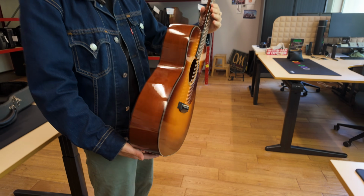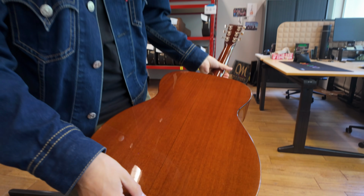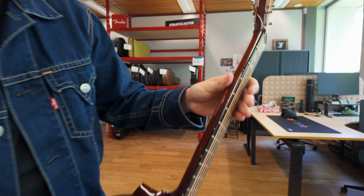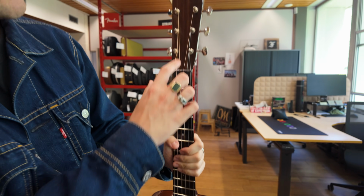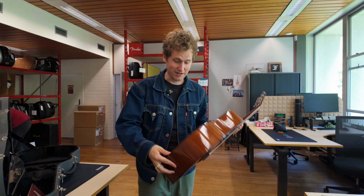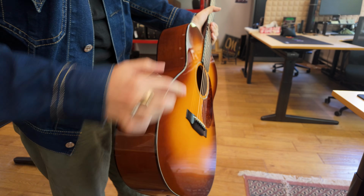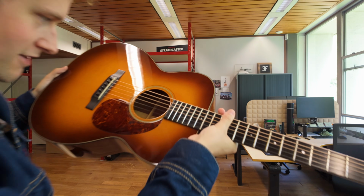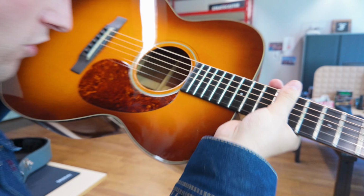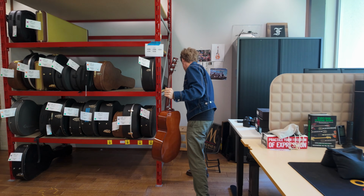Nice and wide neck, which you also feel on the 1930s Martins. Mahogany back and sides, of course. It's a really comfortable feeling C-shaped neck and nice and wide. I love the fact that there's no logo on the headstock. Laura pointed out that it looks like a Collings as well, and I think I agree with that. Really a beautiful guitar. Nice tortoise binding. Bagnasco and Casati, that looks really cool, like it's burned in the wood. Savona, Italy. I think it's close to Genoa. I don't know how you pronounce it, but...